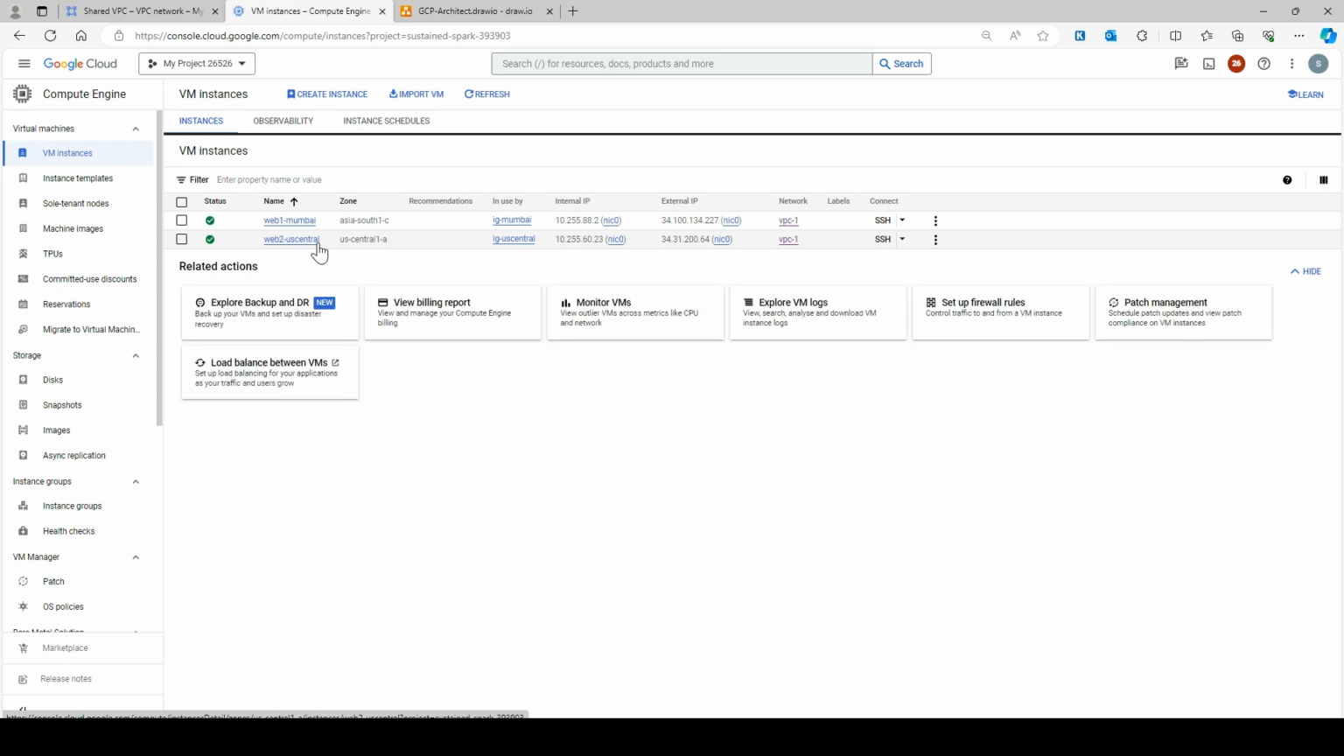You can see that web 1 Mumbai, web 2 US Central. And I've already added them to the unmanaged instance group in the VPC1 network. So creating a VM is very easy in a shared VPC network. You just need to